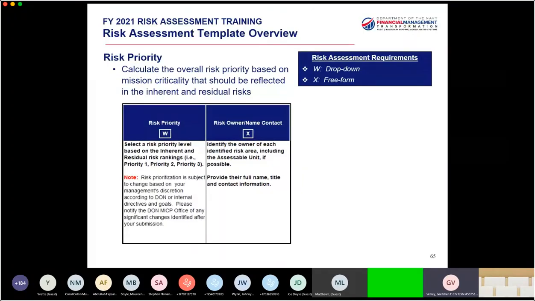Okay, and then the next piece is identifying risk priority. This is one of the areas where we're asked for a lot of guidance, and we've put it in this 1, 2, 3 type situation, where 1 is the highest priority and the stuff where you want to spend the most time and focus.